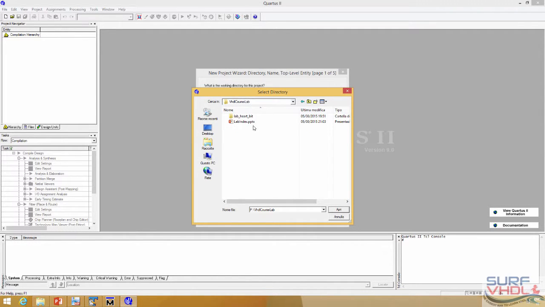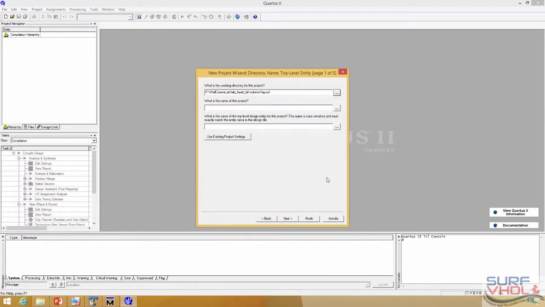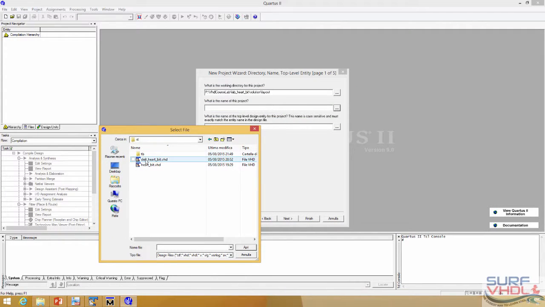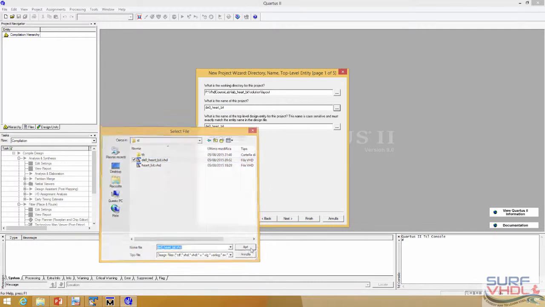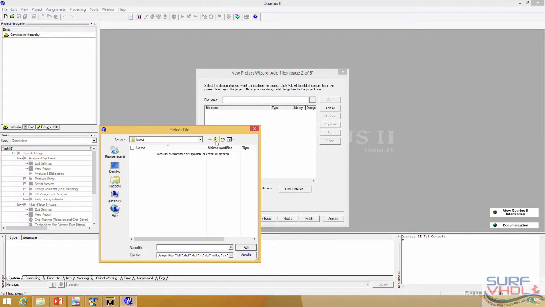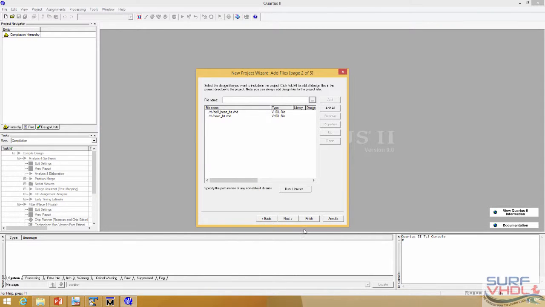select folder. You have to work on To Do, of course. Solution, Layout, open, and select file. File that give the name to the project, the top level. Okay, next, add the files. Open. Next,